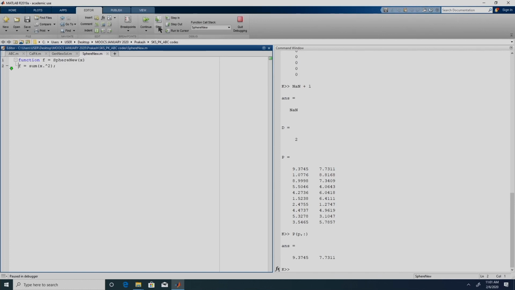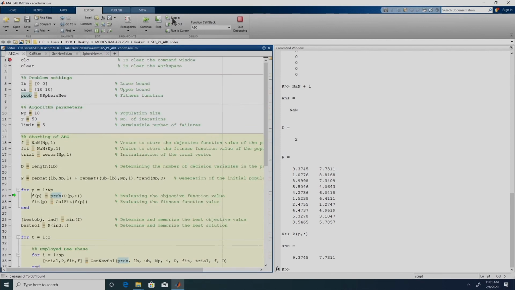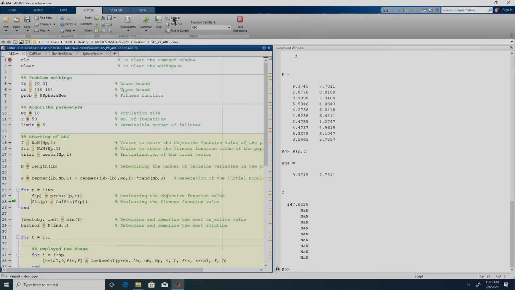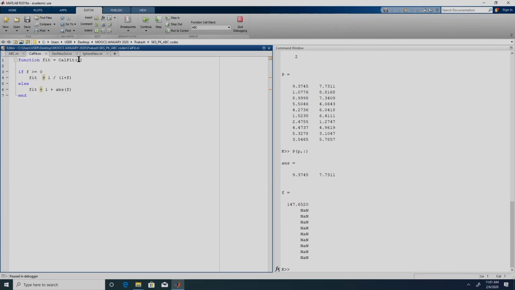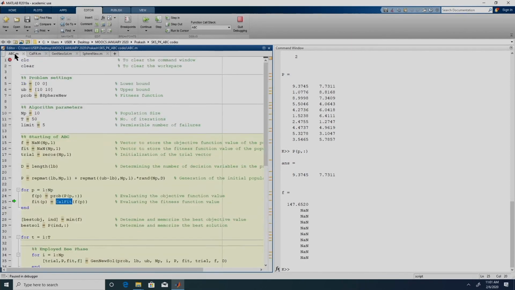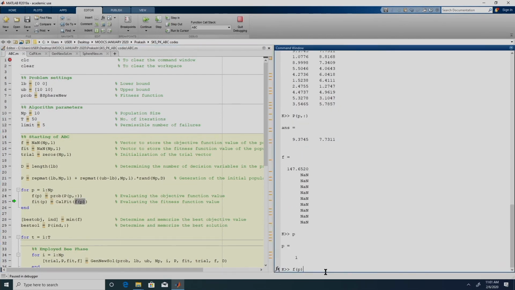Now it will calculate its objective function value, which is 147.6520, and if we go back, the step is completed. If we step again, now it goes into this calfit function, in which if we give the objective function value, it will return the fitness value. We are going to only send the first value. So, p is now 1, and f of p is 147.6520.